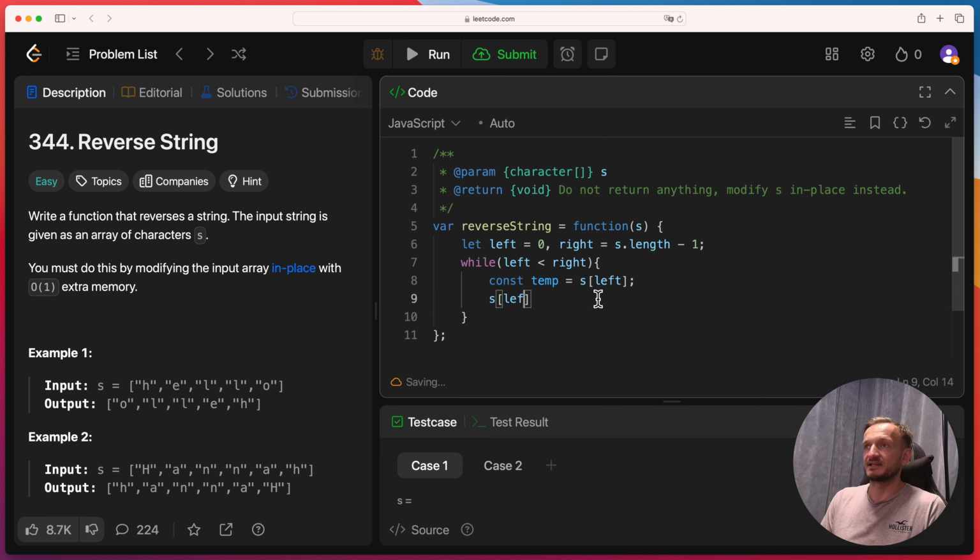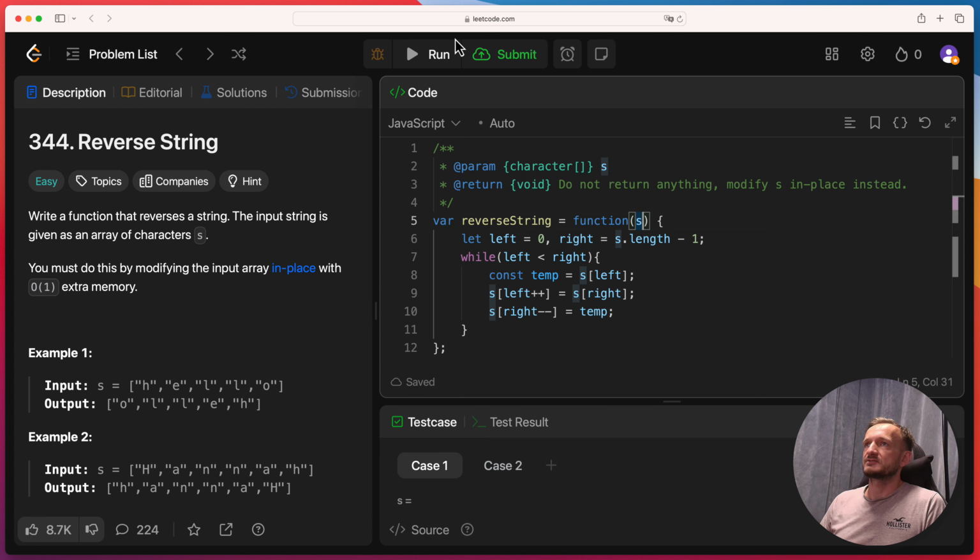So let's do it. s at left is equal to s at right, and then to s at right we need to write our temp. And then we need to increase the left counter and decrease the right one. We can do it in one line, like this. We will not be returning anything, because probably the tests will be checking the input array. So let's